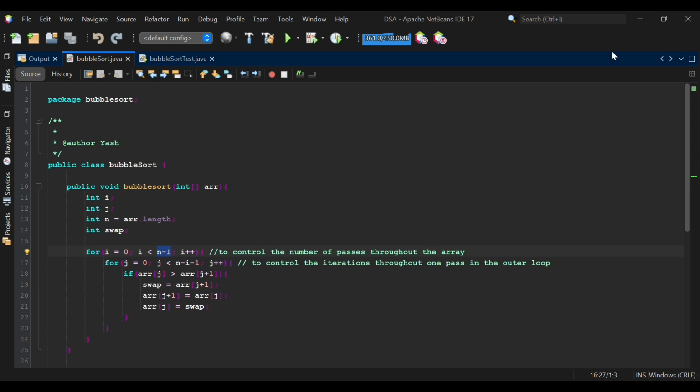Now, if we focus on the conditions in the for loops, you will see that in the outer loop the condition is i less than n minus 1, and in the inner loop the condition is j less than n minus i minus 1. This means the number of passes through the array will be the length of the array minus 1. But why is it n minus 1 instead of n, the array